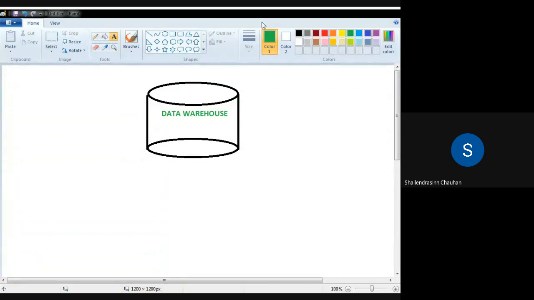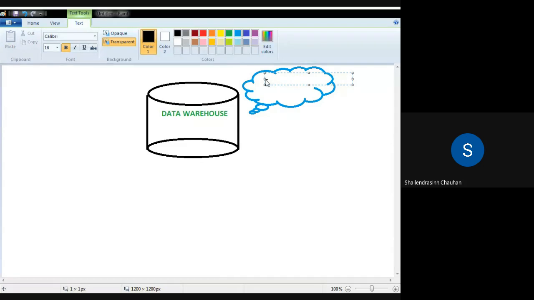Which kind of subjects? For example, you can have the data with respect to sales. You can have the data of, let us say, customers.